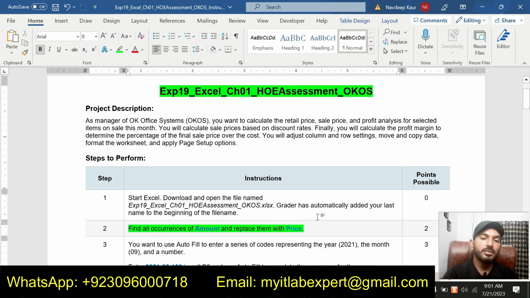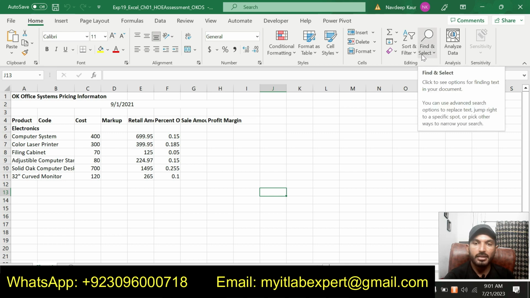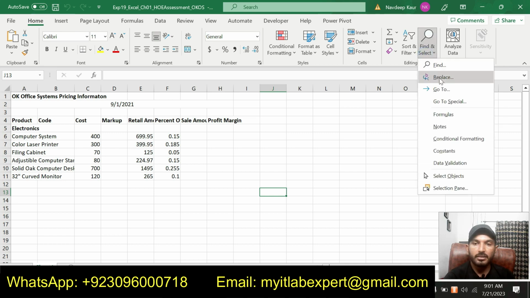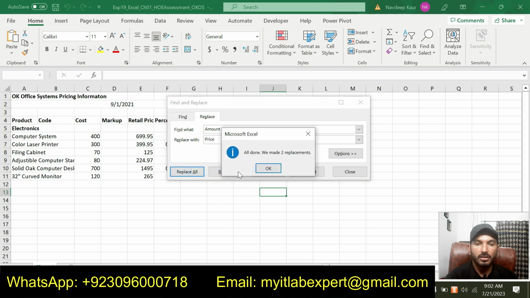Step number 2 is to find all the occurrences of amount and replace with price. So we will go to the Excel workbook, click on the Home tab, click on Find and Select, and choose Replace. We replace amount with price and click on Replace All.